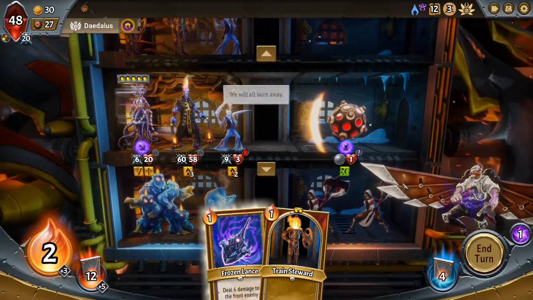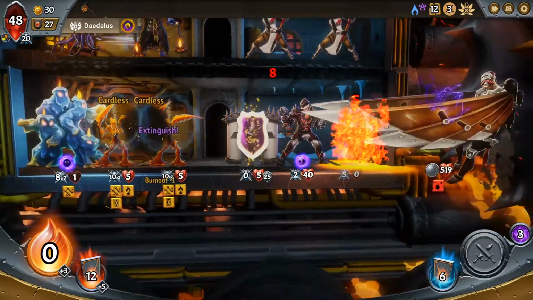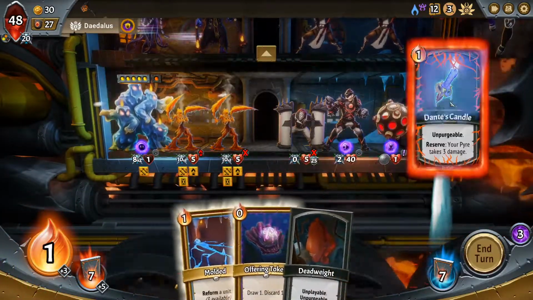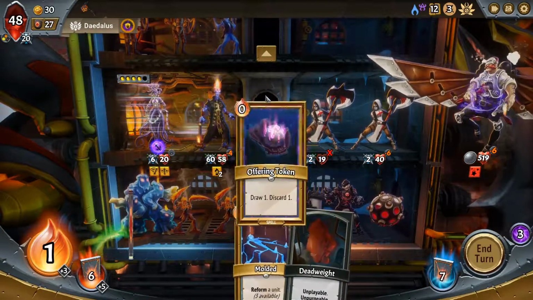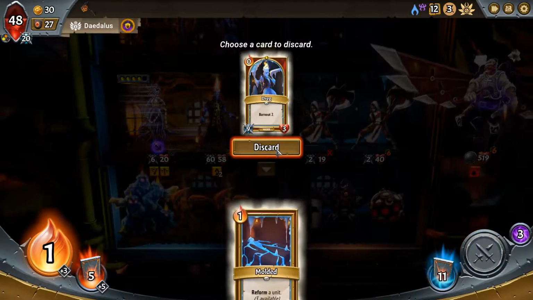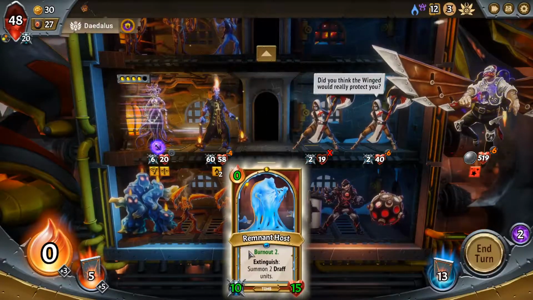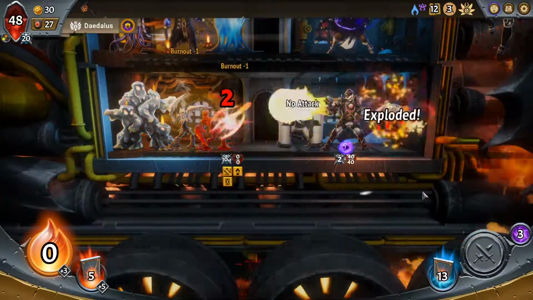How's his burnout doing? He's at 3? Okay, this is easy. This goes here, this goes there. We're going to draw a card and discard a card. We're going to do that again. What can we reform that's worth it? Probably this. I am worried about my commander's reform, how his burnout's doing, but...